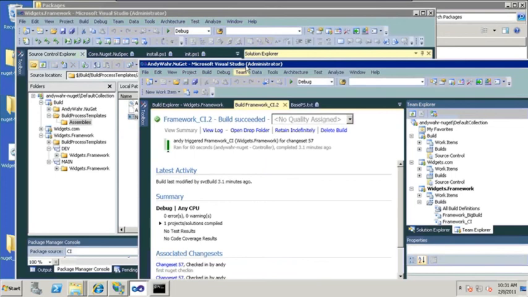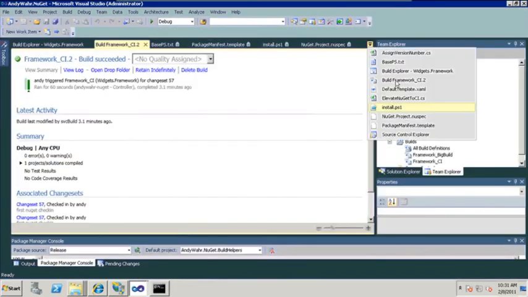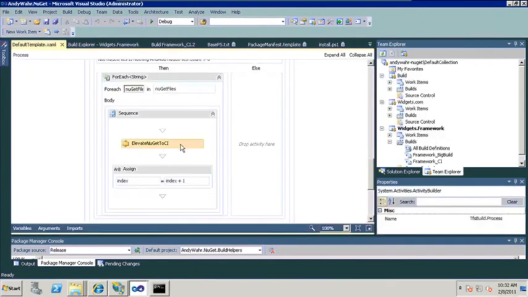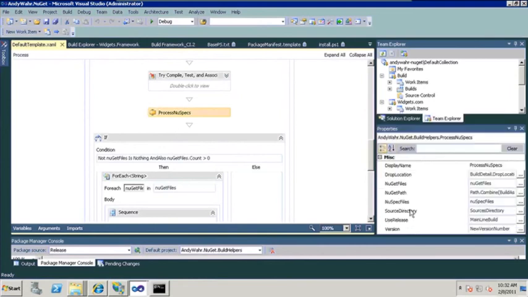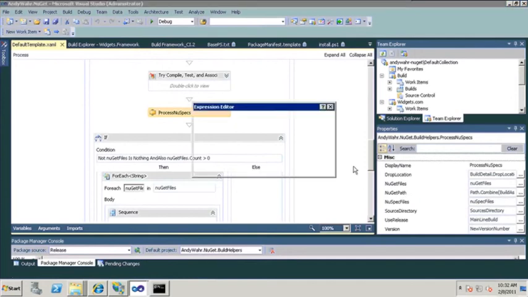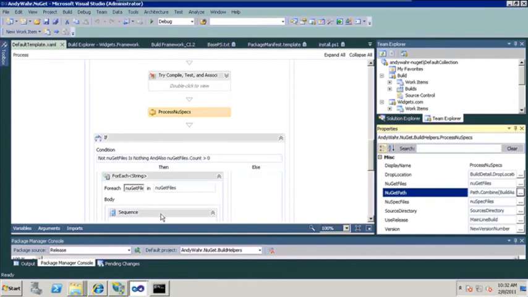Now how I wire that all up, let me go back to the other solution that has the template loaded. I'm going to go up here to the process new spec guy. You send in the path to NuGet. So it's just this generic build assembly directory plus NuGet exe. Well, the way that you can calculate that,